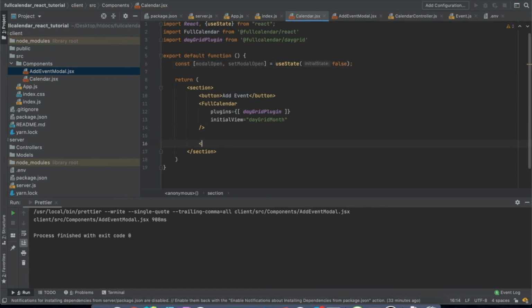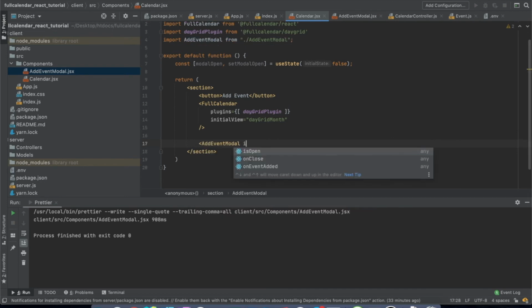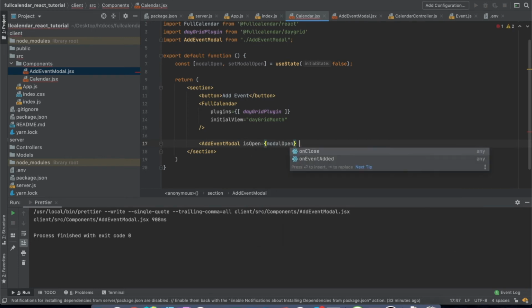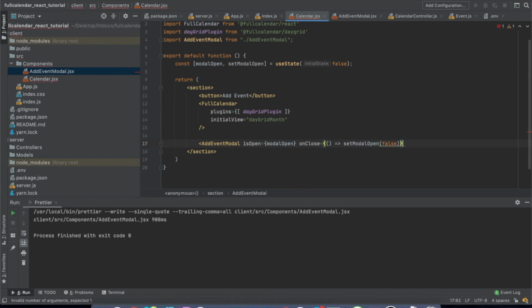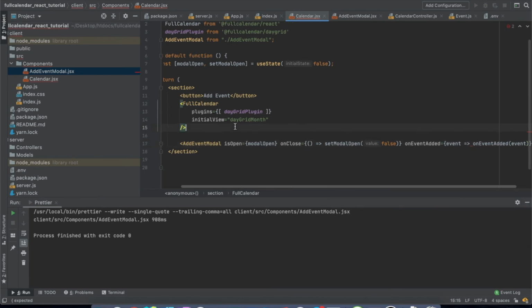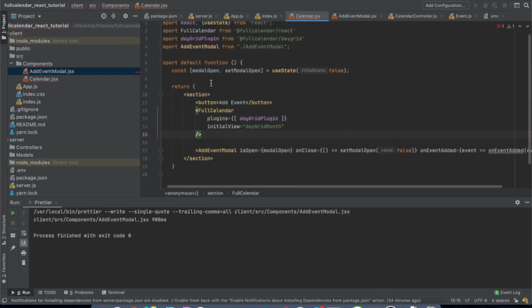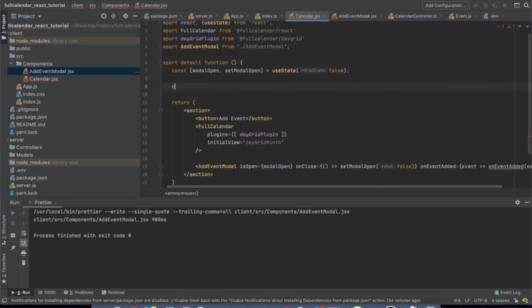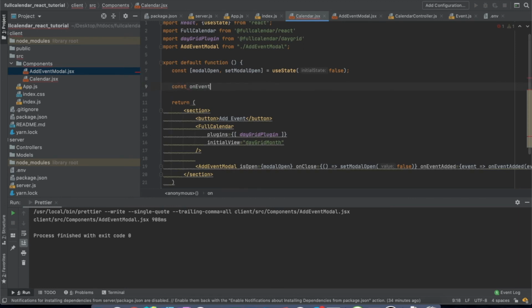And under here we will have AddEventModal isOpen modalOpen, onClose setModalOpen false, and onEventAdded, the same onEventAdded, passing the event. So const onEventAdded will take event,